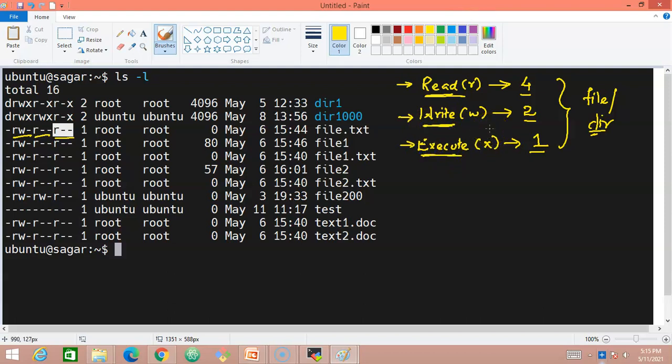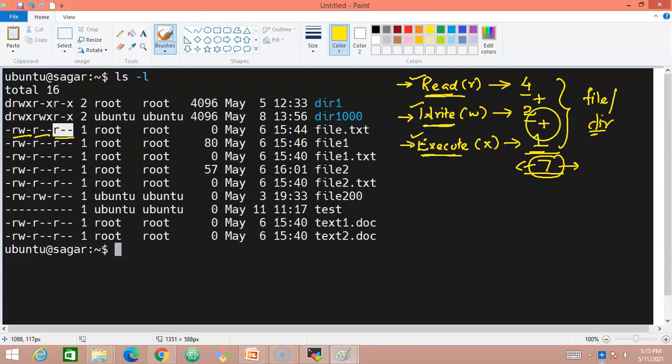Whenever we give full permissions to a file or a directory, if I add all these numerical values, 4 plus 2 plus 1, it sums up to 7. This value 7 represents that the file has read, write, and execute permissions.